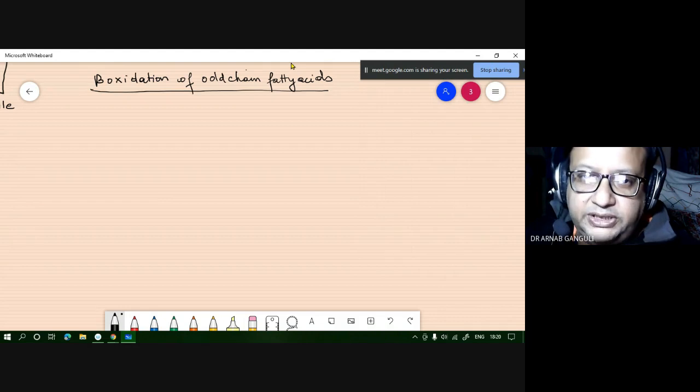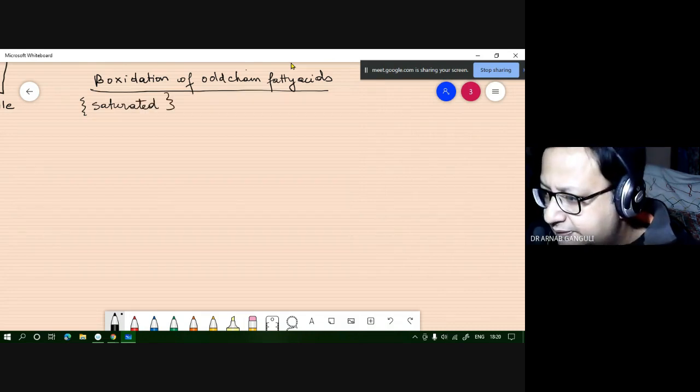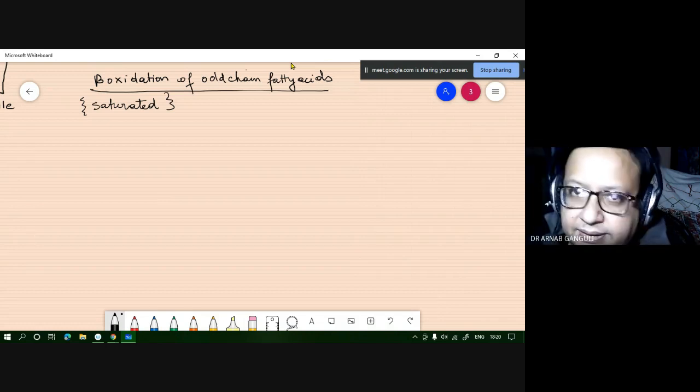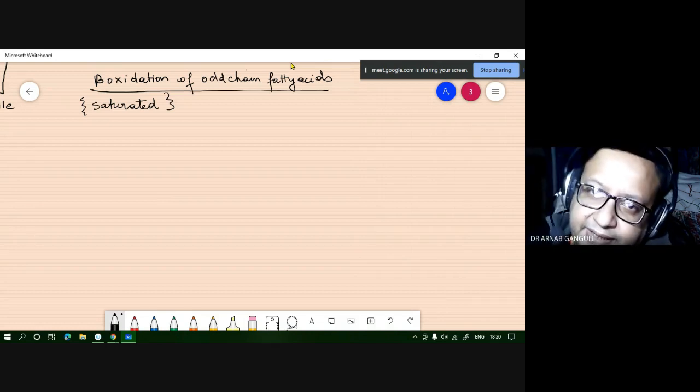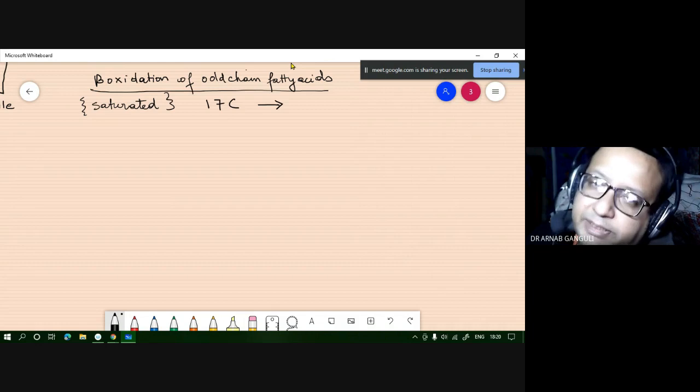Now with odd chain fatty acids. We are talking about saturated. So eventually, say 17 carbon, it will break down into, you are supposed to find,